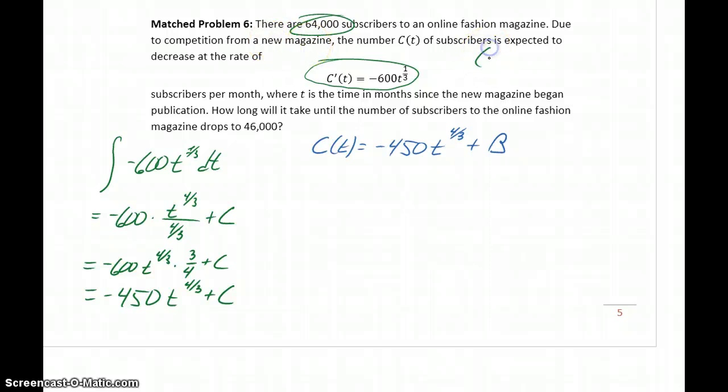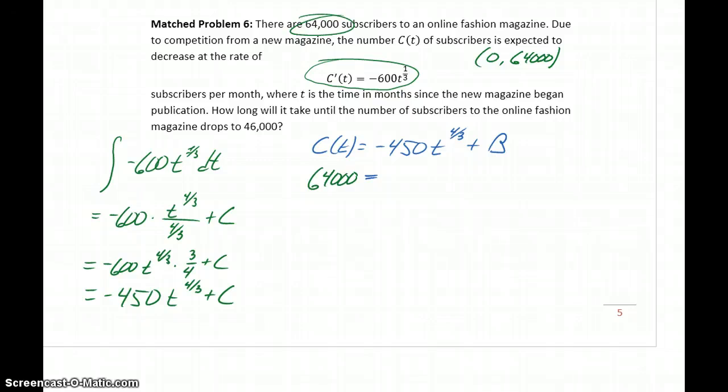So we have the point t equals 0, so at a time of 0 months, when we started tracking information, our number of customers was 64,000. Meaning in place of c of t, we can plug in 64,000,